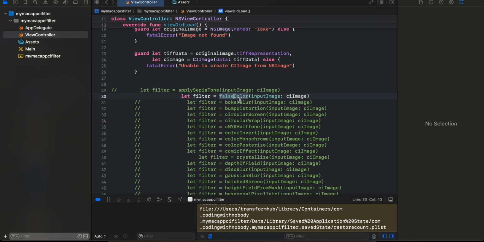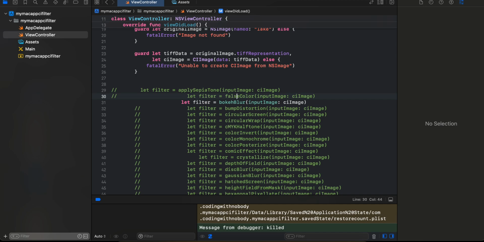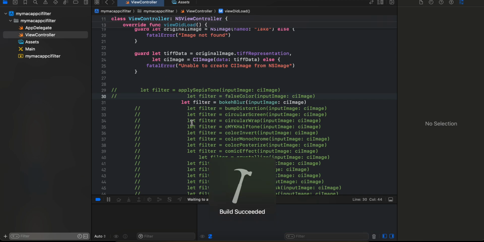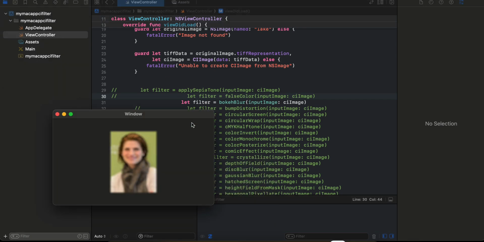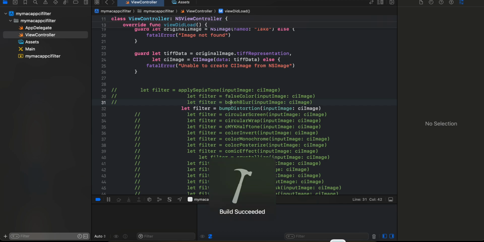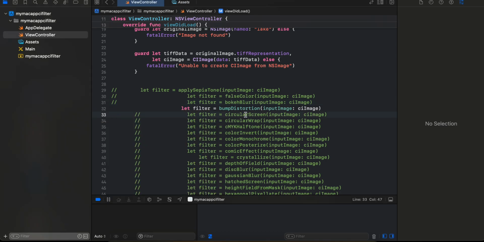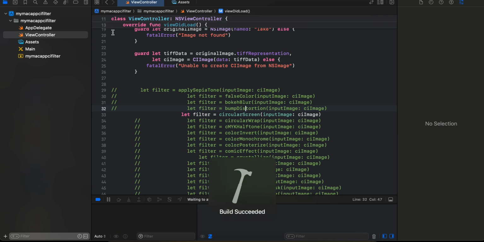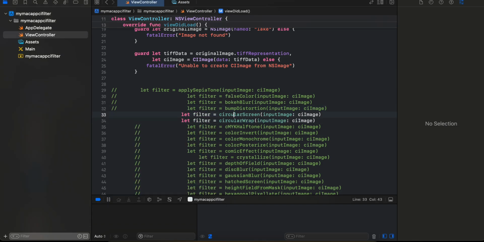So this is for false color, then bokeh blur, then bump distortion, then circular screen, then circular wrap,